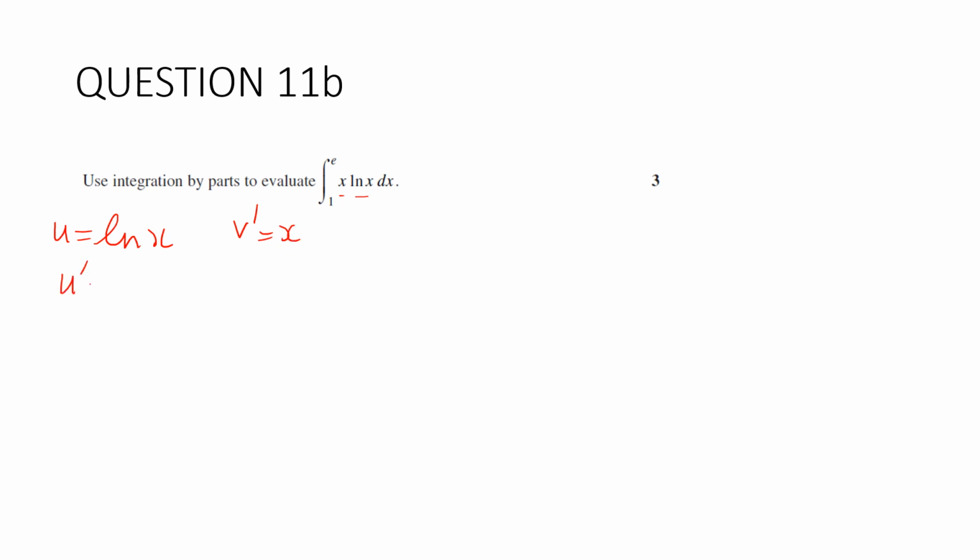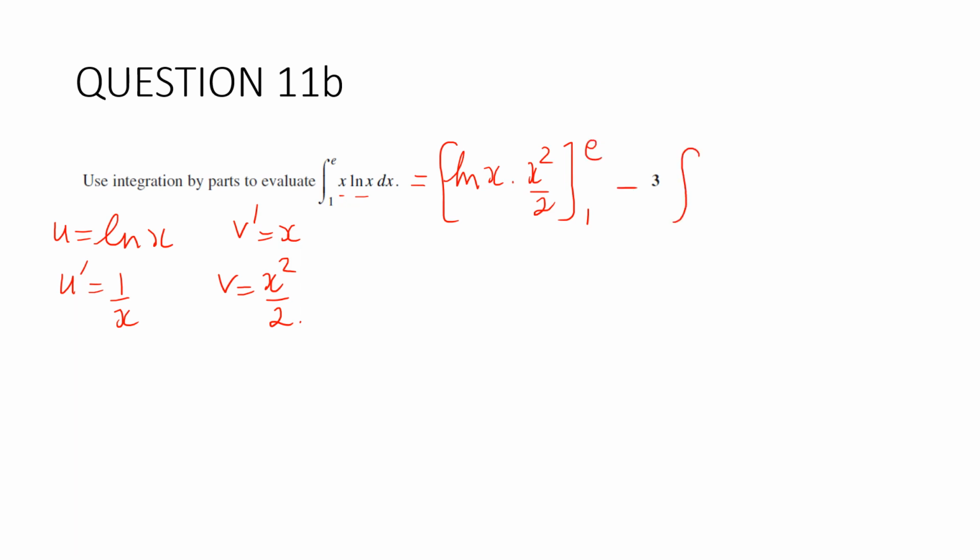So u dashed is equal to 1 on x, and v is equal to x squared on 2. And so this is going to be equal to u times v, so ln x times x squared on 2, and our limits are 1 to e, take away the integral between 1 and e of u dashed times v